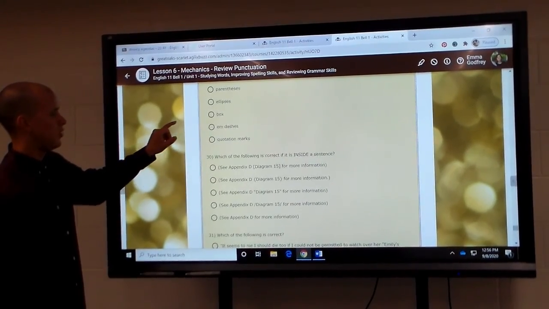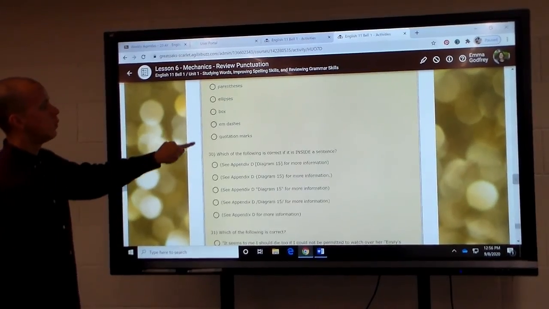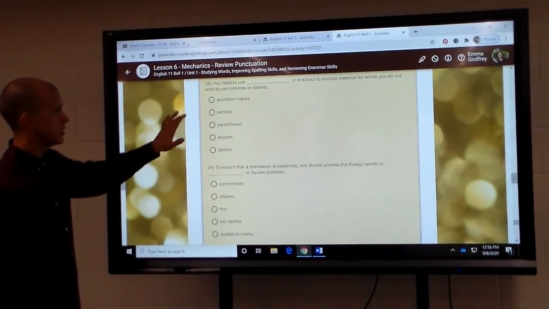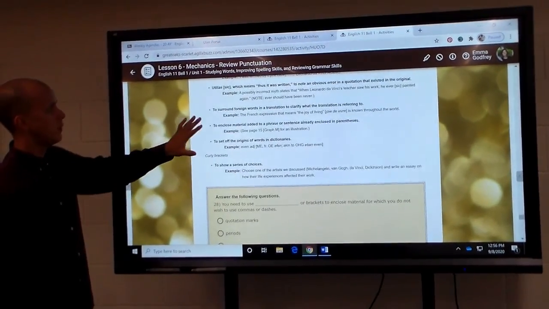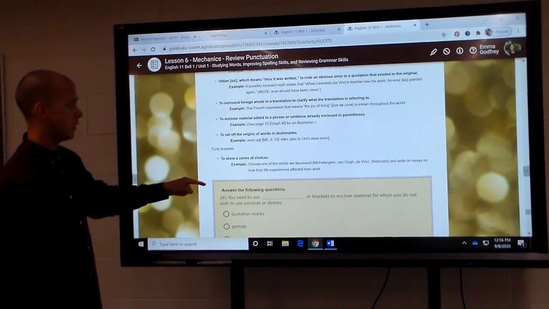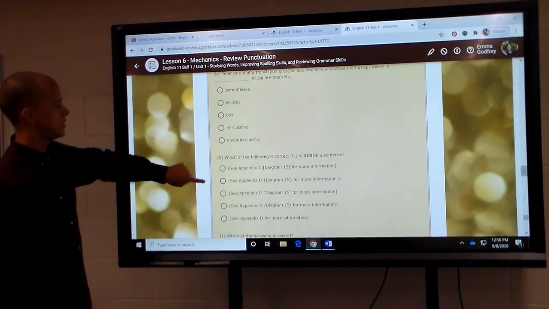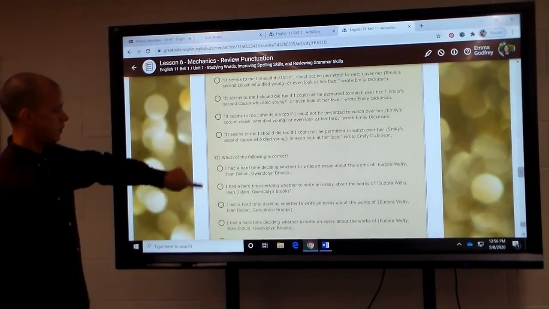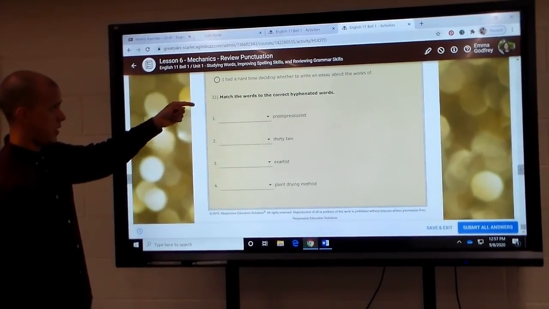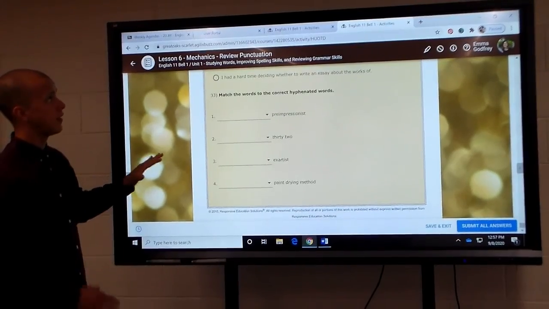So again, you won't really be able to use the trick Control F. However, what we encourage you to do is to constantly be looking at what the question says, and then going back and checking your rules for the examples, and then you will be in decent shape when you actually take the assessment. So that should wrap up lesson 6, which will take you all the way to the end, which is question 33. And after you've completed this, Ms. Godfrey or Ms. Potts will unlock the quiz,